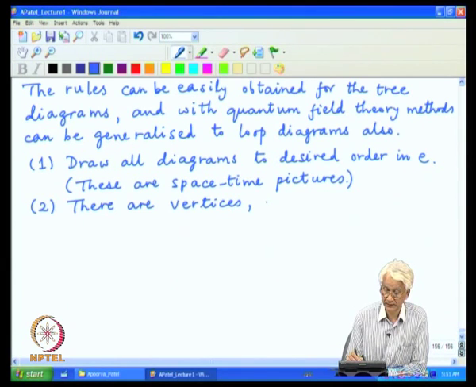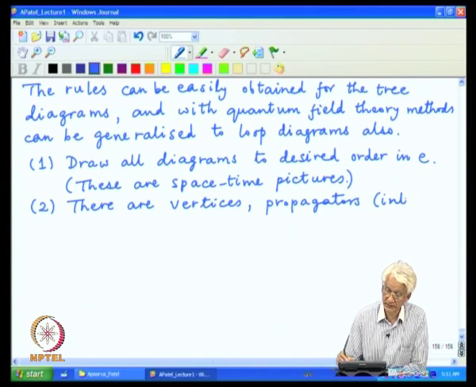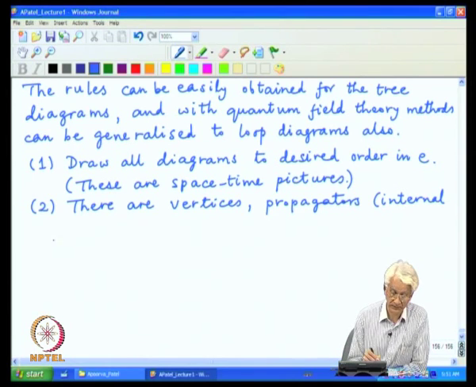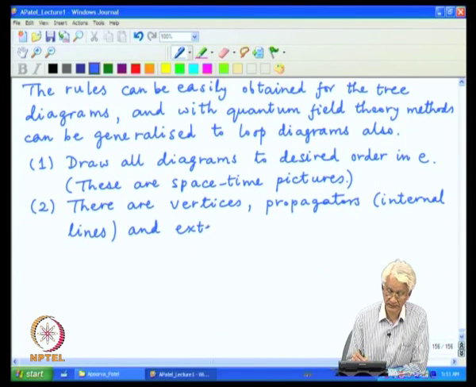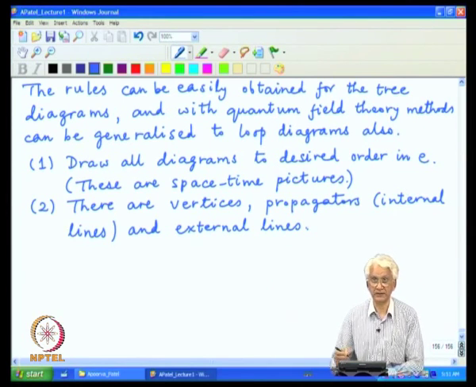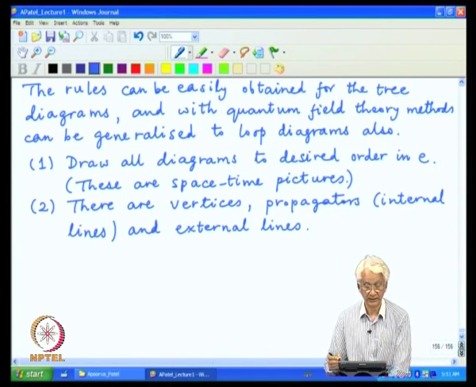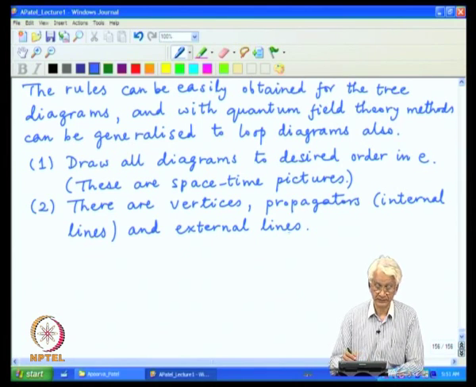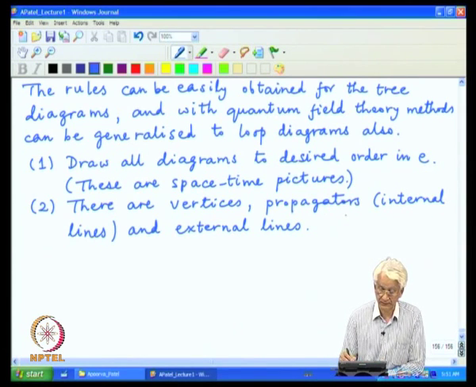There are propagators, which can also be called internal lines, and external lines, which correspond to particles in the initial and final state, and the numbers of various things of various types is actually related, and for